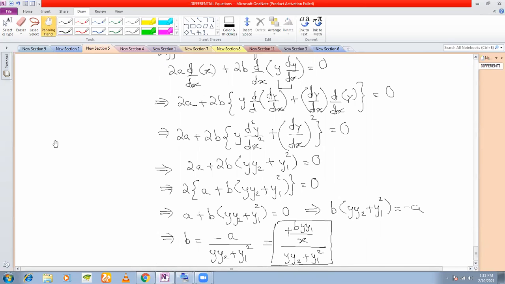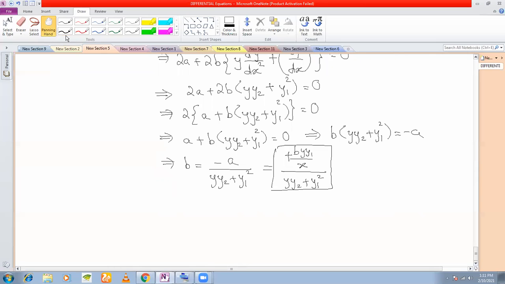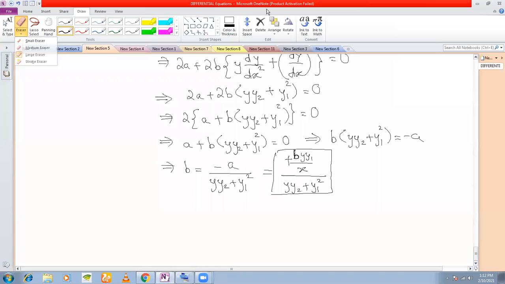Okay, there's a b still left here. There's a b left here. Okay, so what you do here is, see, there's a y1 here, right? So there's one more step that needs to be done here. That is, see, on the right hand side also, we are getting a b, right? In this side also, we are getting a b here because we have put the value of a. Okay, since we have put the value of a here,